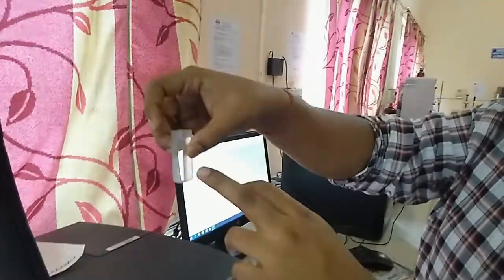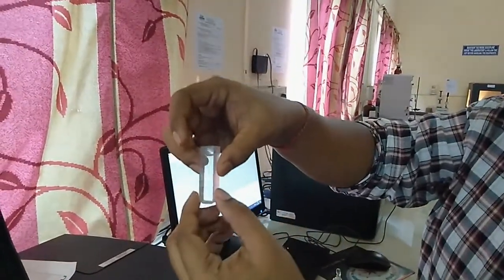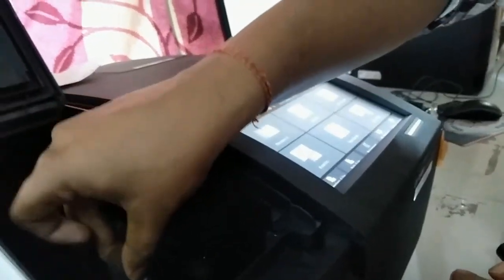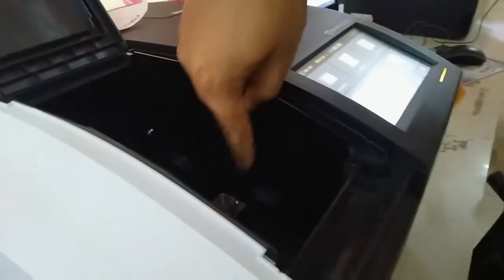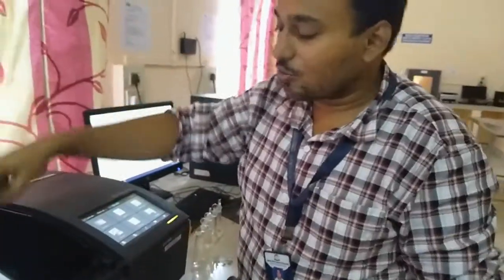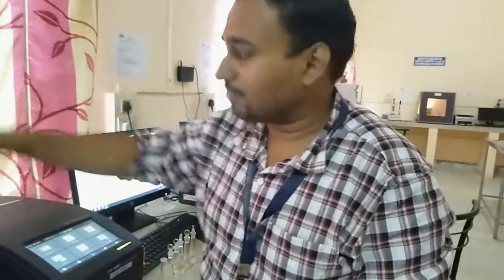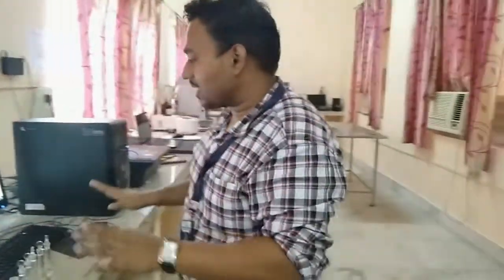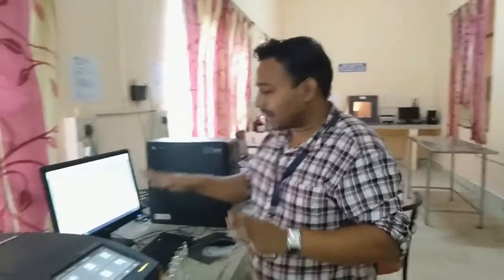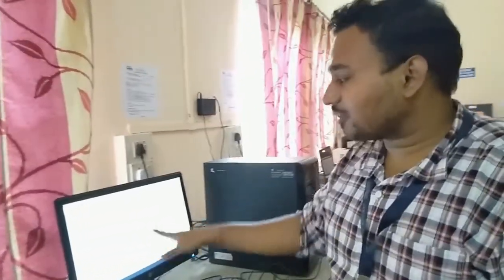Here you can see the non-transparent portion; I have to put it this way only, because the UV rays come through the transparent portion. I have already put 2 samples here, one is the standard, another one is the sample. By this process I have to calibrate and calculate the absorbance.